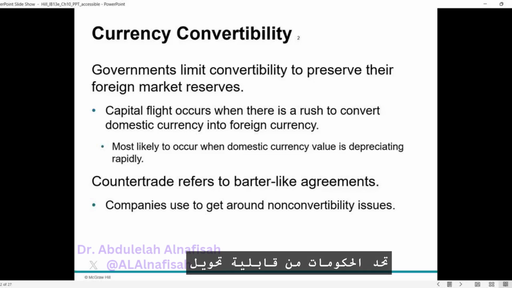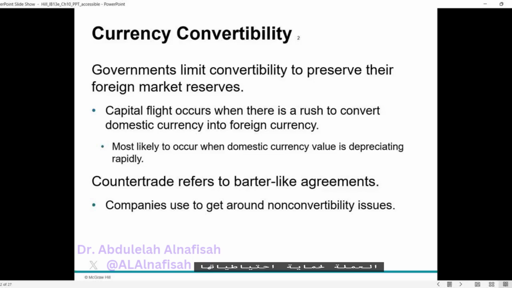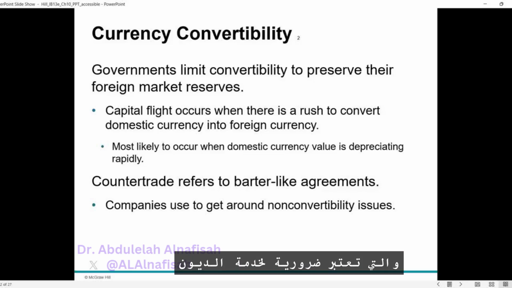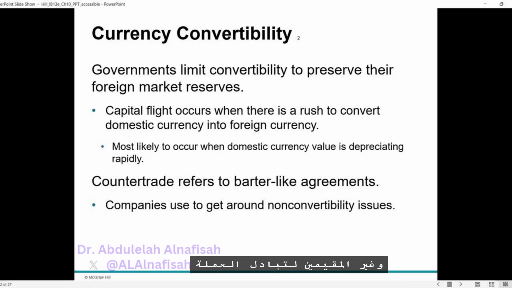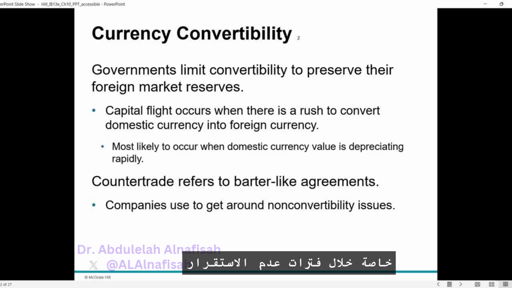Governments limit currency convertibility to protect their foreign exchange reserves, which are essential for servicing international debt and purchasing imports. Restrictions are often imposed to prevent capital flight, which occurs when residents and non-residents rush to exchange domestic currency for foreign currency, especially during periods of economic instability or hyperinflation. This can drain reserves, cause a depreciation of the domestic currency, and lead to higher import prices and inflation, which